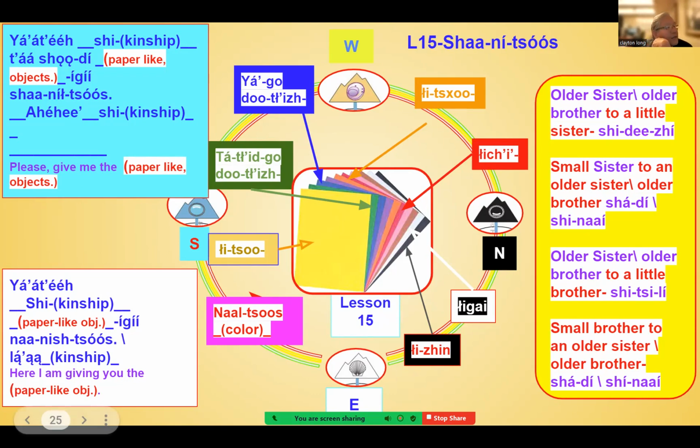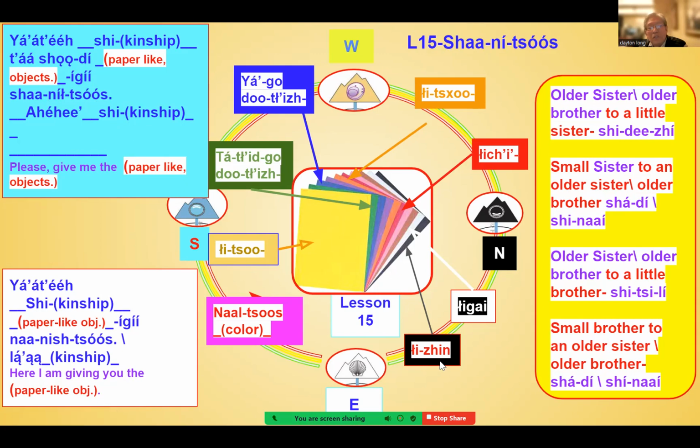Okay, Luke, you're going for not Luke. Micah P, you're going to talk to Amanda. Yeah, Ish Deja. Yata Shidija. Tasho de Shaaníłtsoos. Igi Shaaníłtsoos.